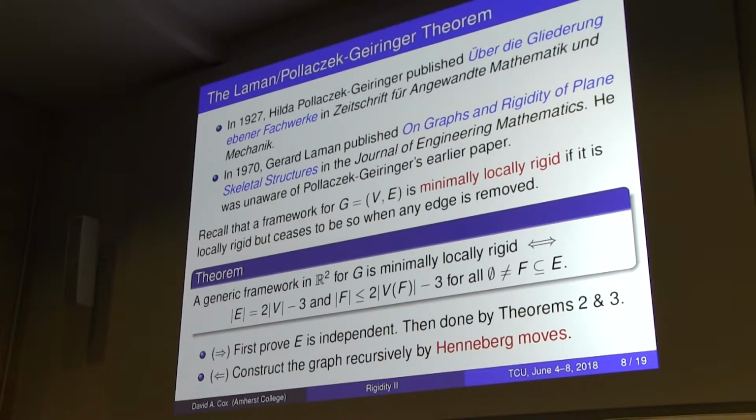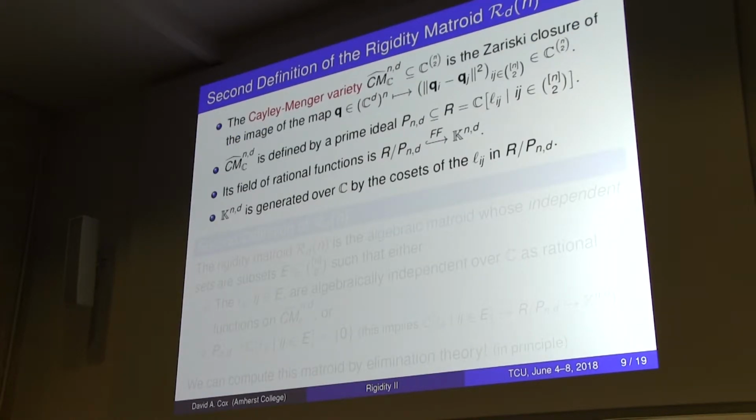And then there's several ways to prove the other one. The nicest way is you assume that you have this one, and then you recursively can use things called Henneberg moves and basically build up the graph from scratch. And it's a very pretty argument. So that's an example of one of the classic theorems, and basically that works in the plane, but the problem is the plane is really special,